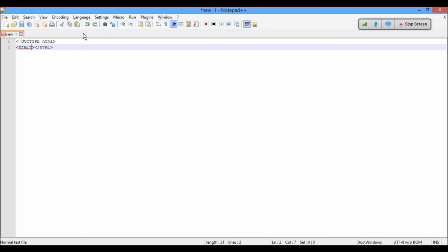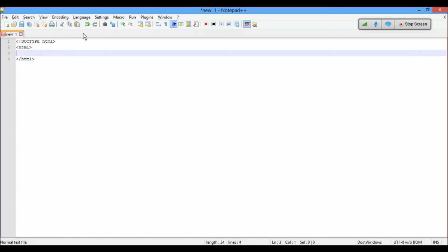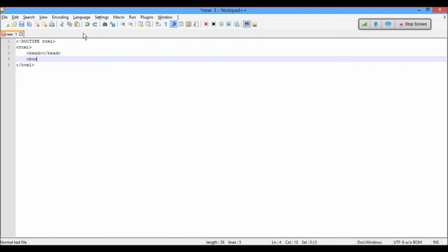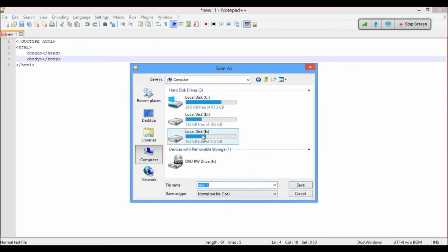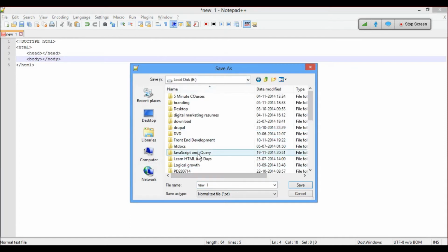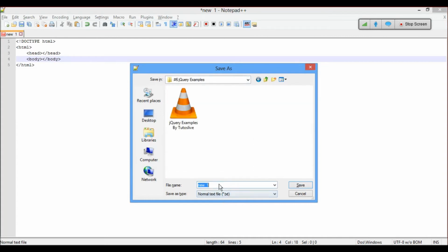Doc type, HTML, head, body. So let me say this. Here, jQuery CDN, trigger.html.